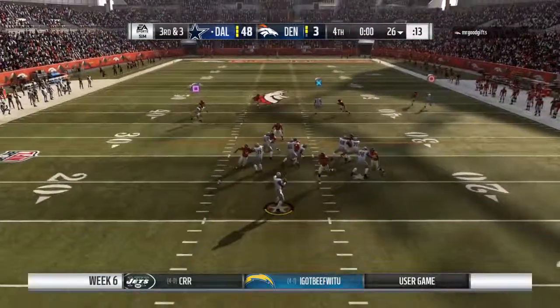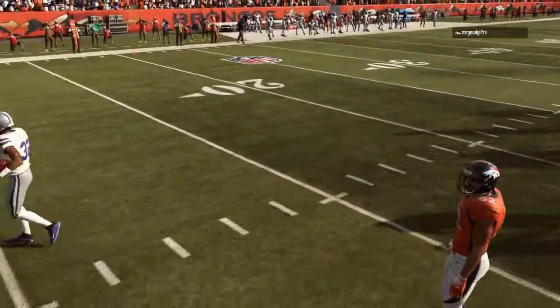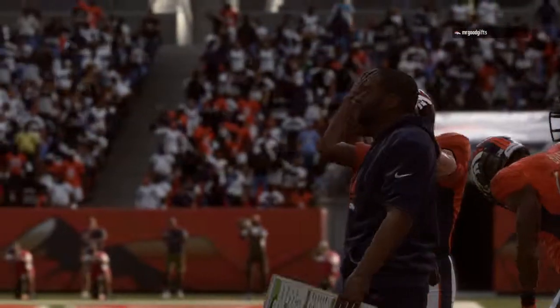Off play action. Barnes. Nowhere to go here. He lost the football. Well, Charles, it's one thing to win. It's another thing to win and put up the amount of points that they